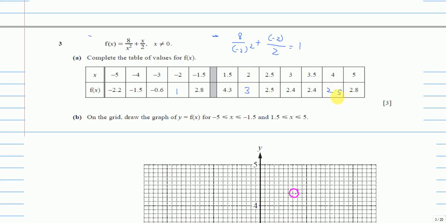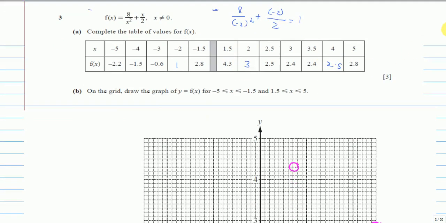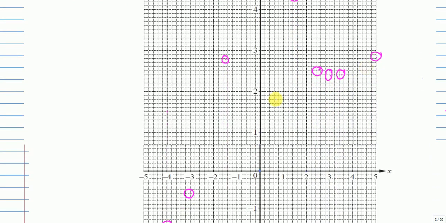Okay, for part B we have to draw the graph for these values, and I have plotted a few points just to save some time, but I haven't plotted these points so you can know how they are done. But before we start to plot any points, what we have to do is count to make sure how much value each small box has. So for example, if I say 0.1, 0.2, 0.3, 4, 5, 6, 7, 8, 9 and 1, it means all the boxes have a gap of 0.1.